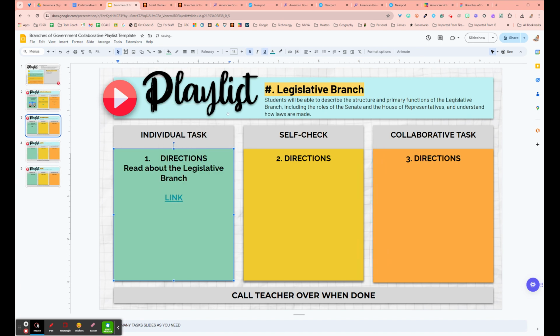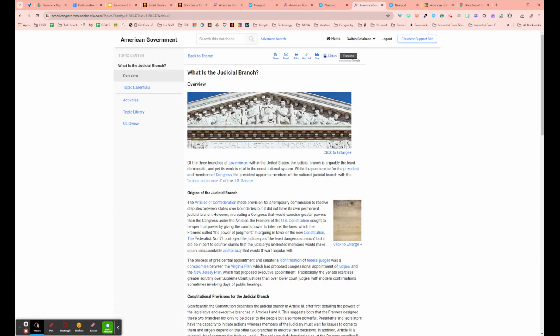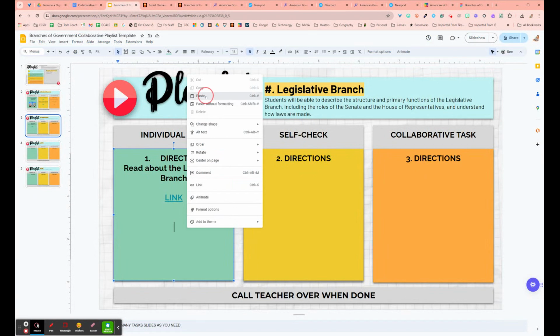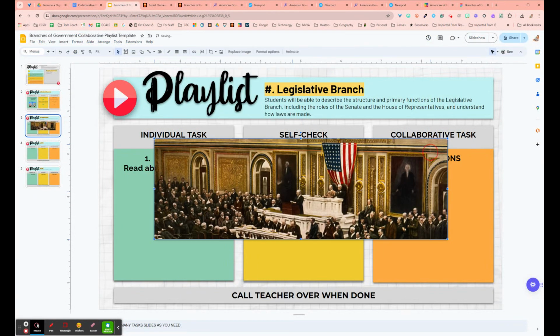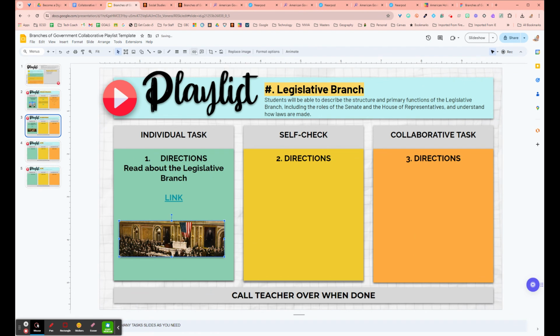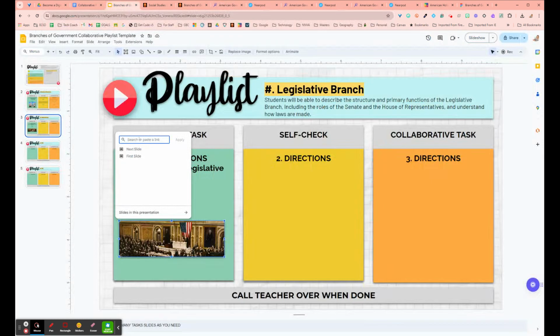And I'm actually going to repeat this process for the executive and judicial branches. I found on ABC-CLIO one about executive and judicial. Then maybe I'm going to copy that image just to make it a little more decorative on this. And go ahead and put that right here. And I'm also going to put a link on it just in case they click on the image. It will also take them to this article about,